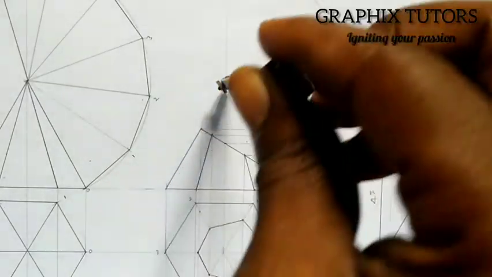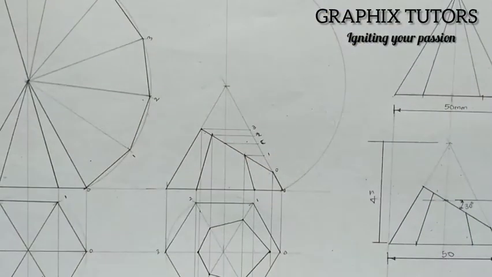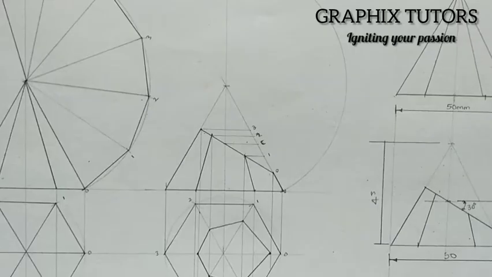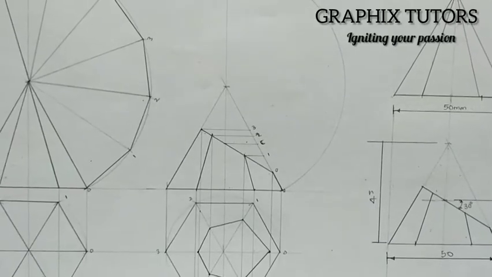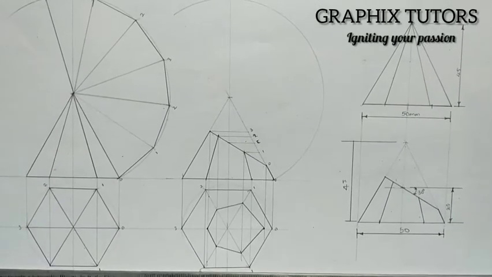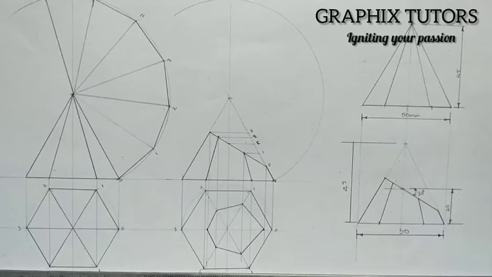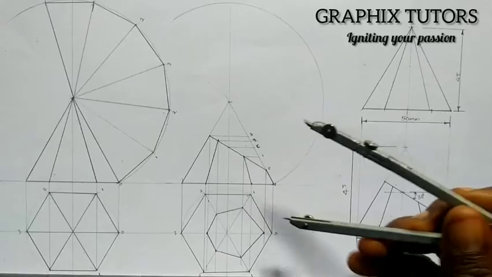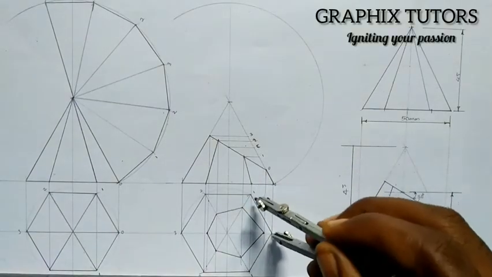You draw that curve. So I will see what we are drawing. Let me bring it down now. You can see that we're having this. So with the radius of this and this,